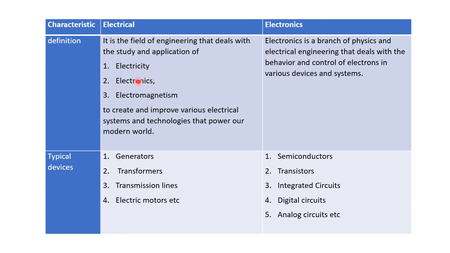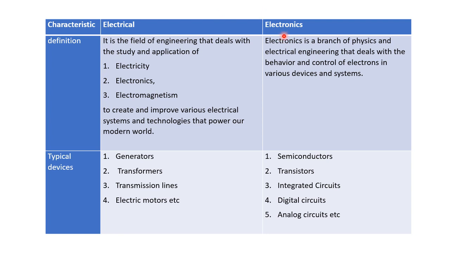So what is electricity, electronics, electromagnetism? Electricity is basically like an electrical engineer has to design the power plant, electric grid to generate and distribute the electricity to our homes and businesses, etc. Electronics means, you can see here, the day-to-day life devices we use like smartphones, computers and televisions, etc. This comes in the category of electronics. What is electromagnetism? Electromagnetism is a very fundamental thing that we use in electric motors and generators, so that are the part of the electricals.